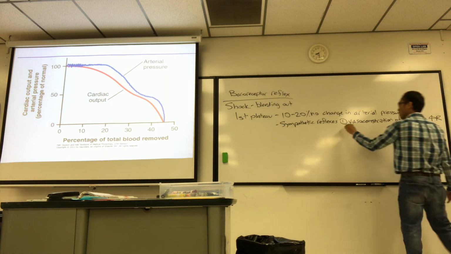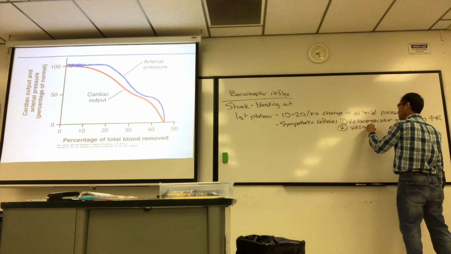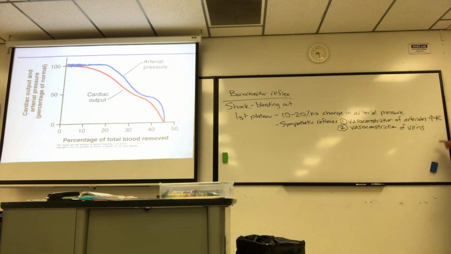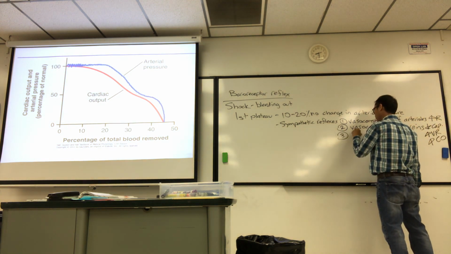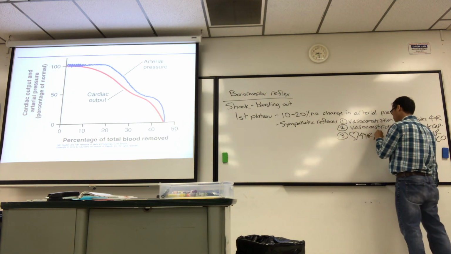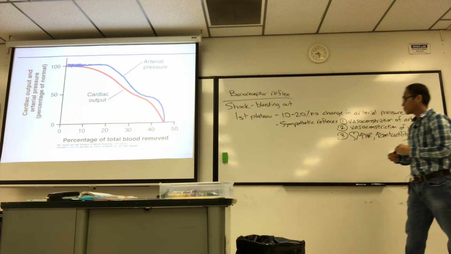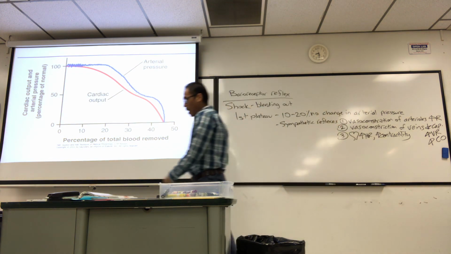Second thing, vasoconstriction of veins. You decrease capacitance. I say cap for short, I'm running out of room here. And that whole thing, you increase venous return, increase cardiac output. Increase VR, venous return, increase CO, cardiac output. And then the third thing, you affect the heart itself. Increase heart rate, increase contractility. So those three things allow the body to maintain blood pressure